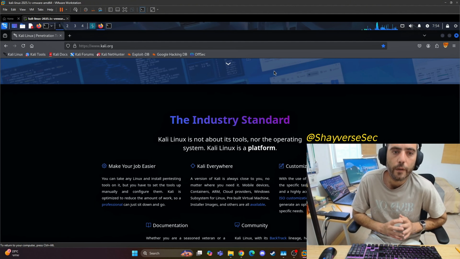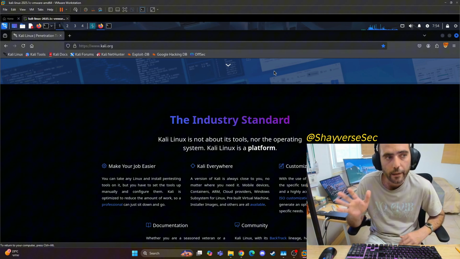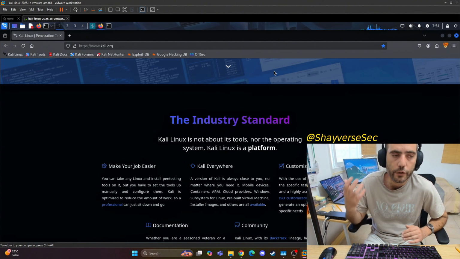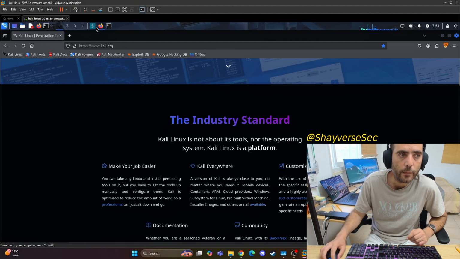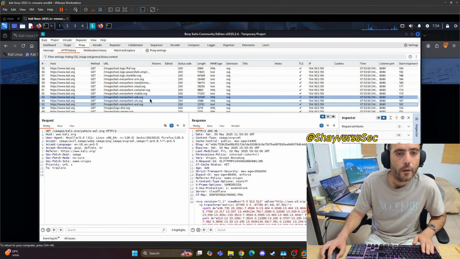So that is it. We've covered how to install Kali on VMware, then Burp Suite comes by default with Kali, and then we showed how to install the certificate in case you want to intercept the traffic in Firefox, which I elaborated on before, why it's so important and not only relying on the Burp Suite browser